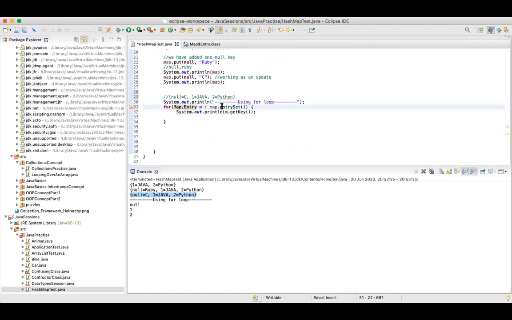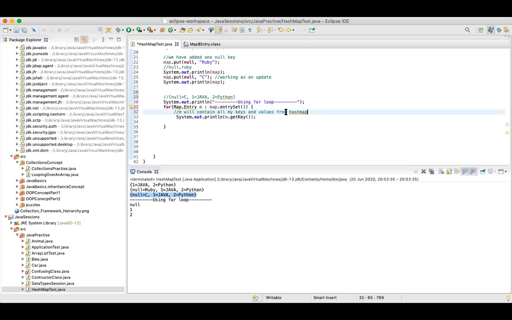So I am saying, for each of the elements in this particular map, get that element and assign it to m. So now what will m contain? m will contain all my keys and values from the hash map.